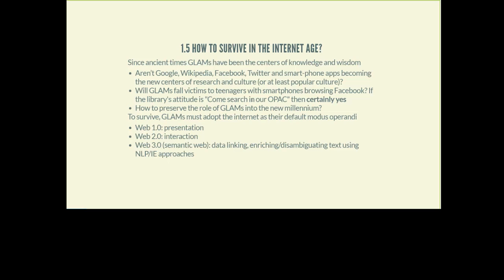And I can mention here these three acronyms or numberings. Web 1.0 is about presenting information. Web 2.0, or the social web, is about interaction. And Web 3.0, or the semantic web, is about data linking, enriching text in order to connect it to some global databases of entities, people, or places, and so on. And it's interesting that the same person who invented the web, Sir Tim Berners-Lee, also envisioned the semantic web, and that even happened in his original proposals to CERN. So he didn't only talk about the web of hyperlinked documents, but also about the web of data.